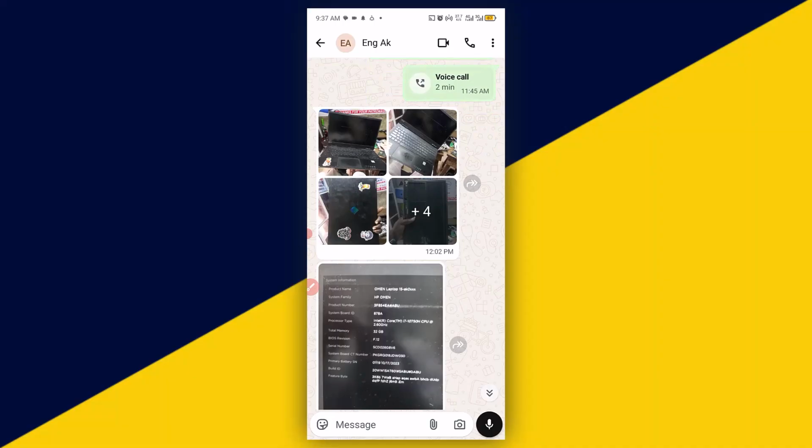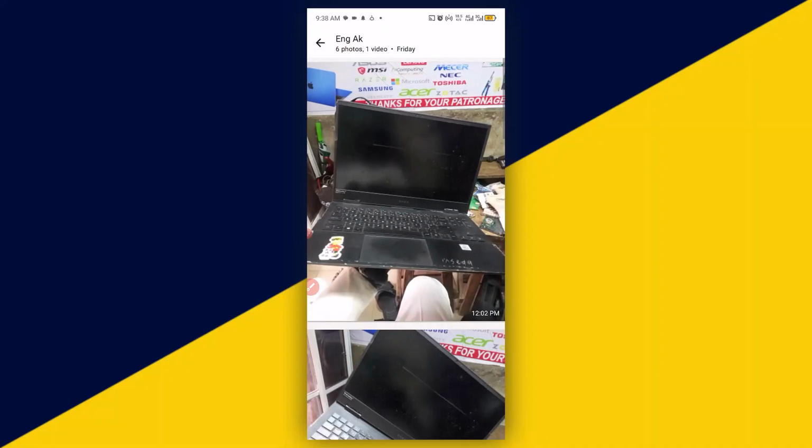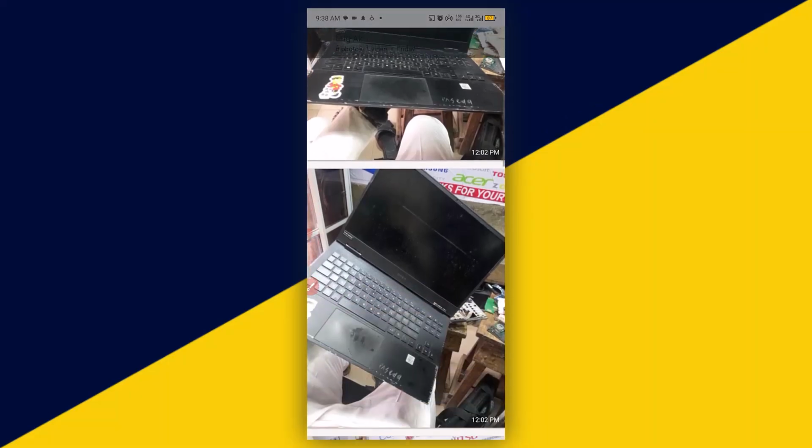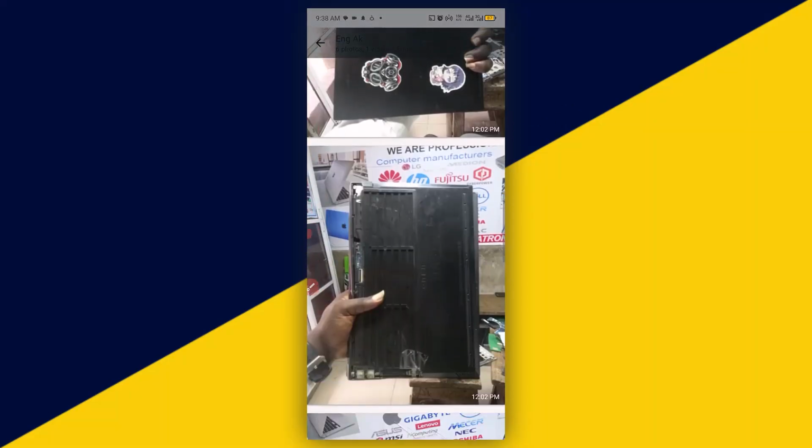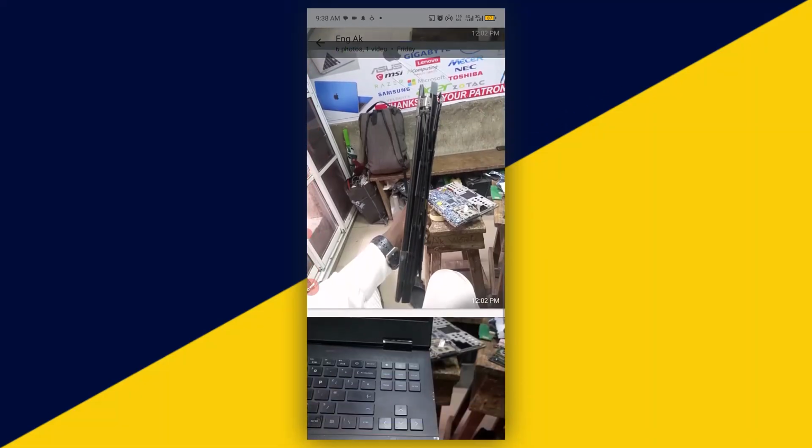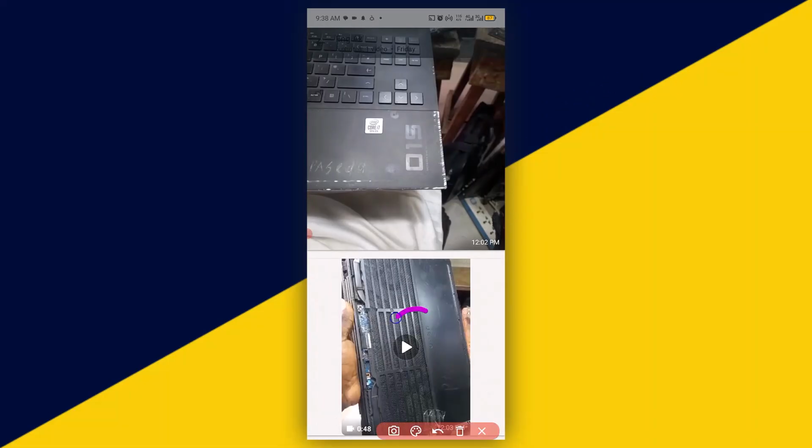Recently, someone reached out to me on my WhatsApp, just like what you see right here. They are in need of this particular laptop carcass, just like what you see right there. You can see the product picture of what this particular person needs, and they attached a video sample of what they need. I decided to source for this product on Pinduoduo, and as a result of that, I decided to make a video